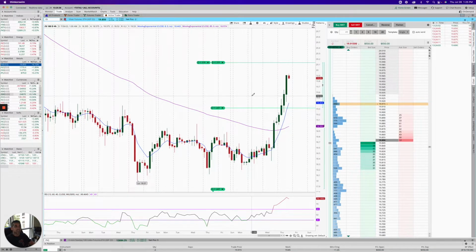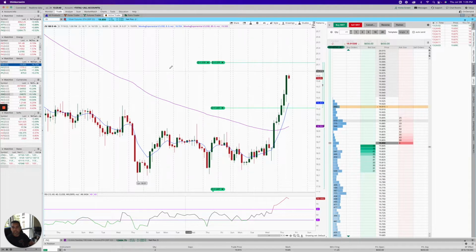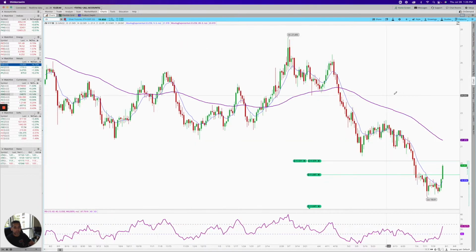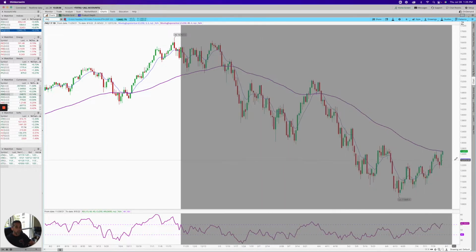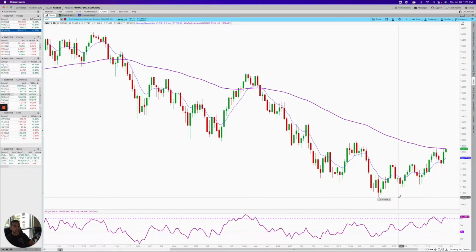Today is July 28th. It's 1:25 in the afternoon. And guys, what I want to show you and talk to you about is that we are just coming off about 23 and a half hours ago, when the Fed came out and kept the consensus that they were going to raise the rate by 75 basis points. And so what I want to talk to you about today is that while we're seeing these really big